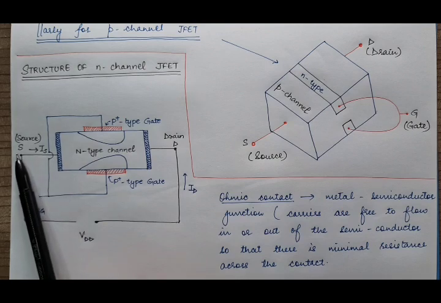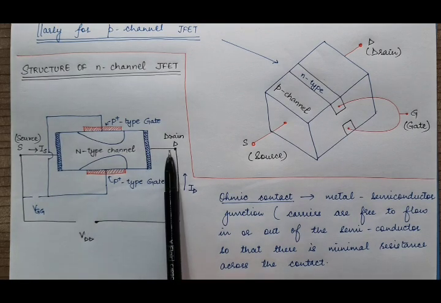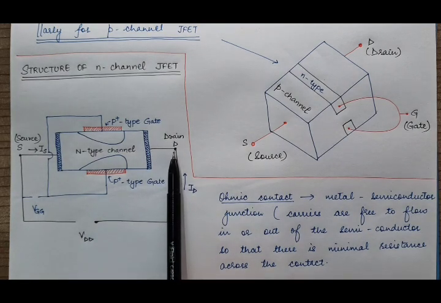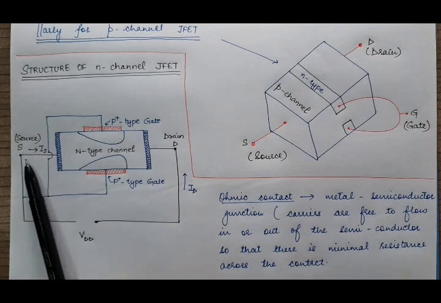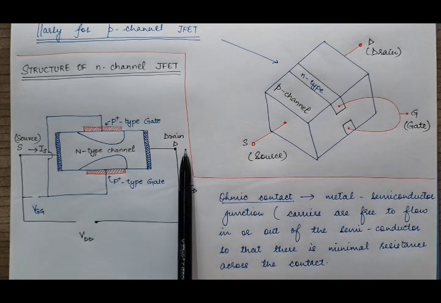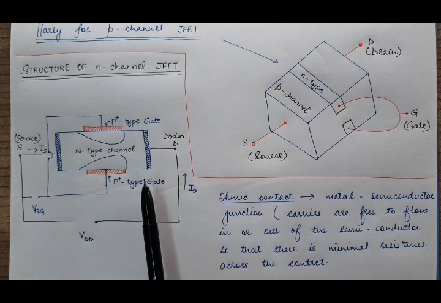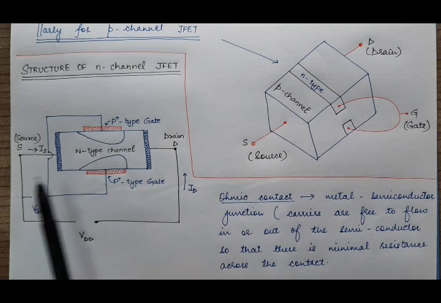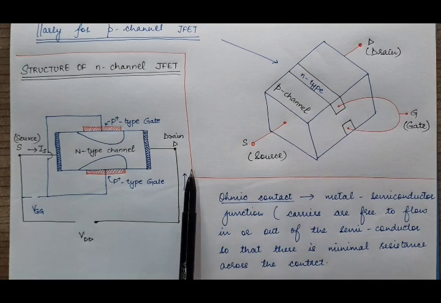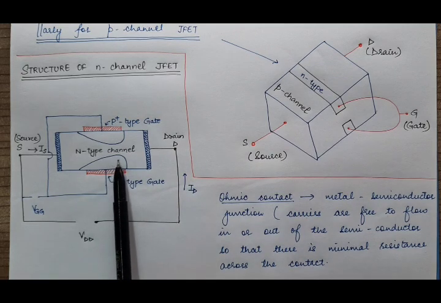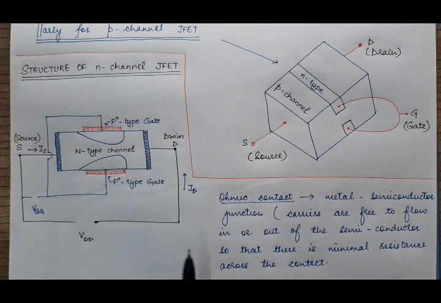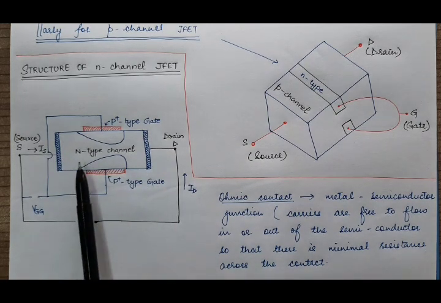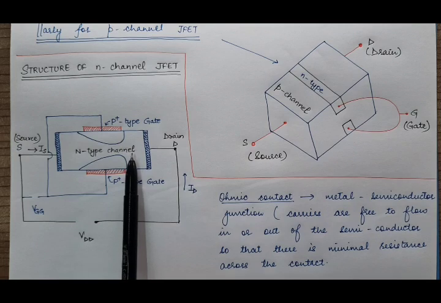So both ends are ohmic contacts. On one side we have a source terminal, and on the other side we have a drain terminal. Source will supply the carriers and drain will drain out the carriers. The current in this JFET is because of the flow of carriers from source to drain, either electrons in case of n-type channel FET or holes in case of p-type channel FET. And as this is an n-type channel FET,